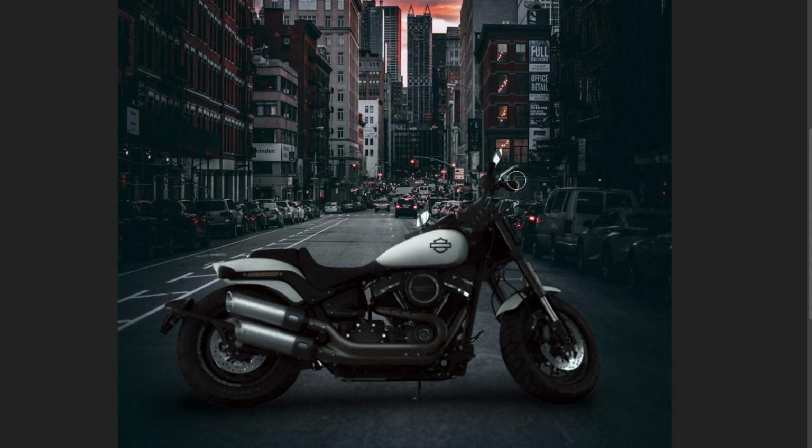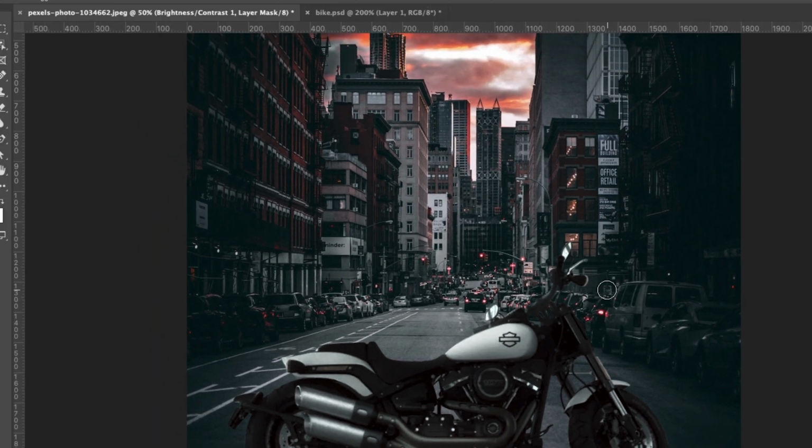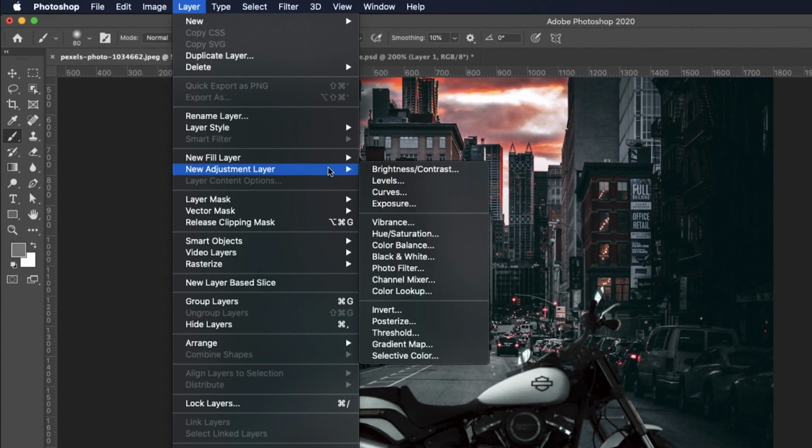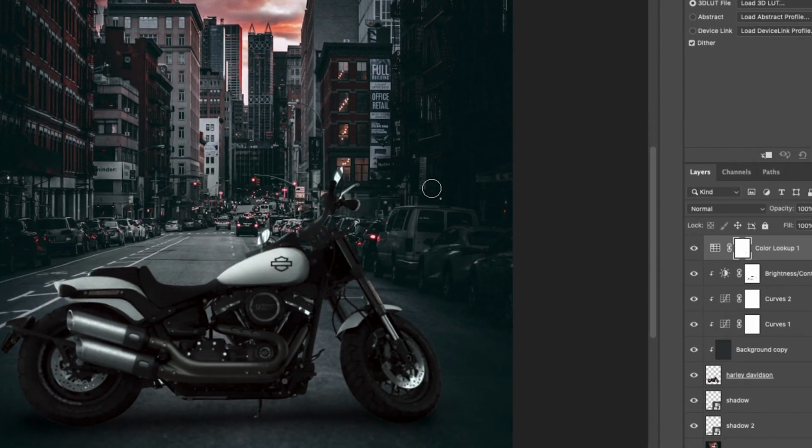Now we'll use Color Lookup to remap original colors. This will give us a more dramatic effect. Select any preset you want.